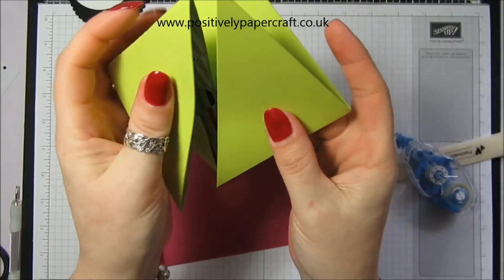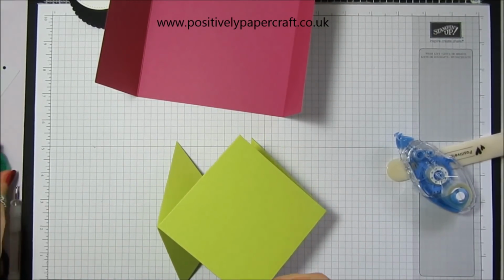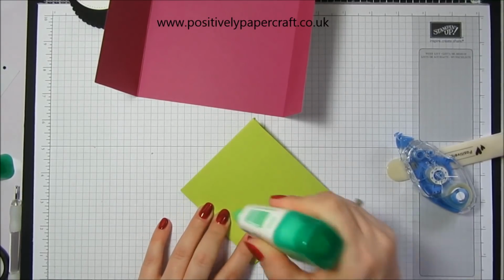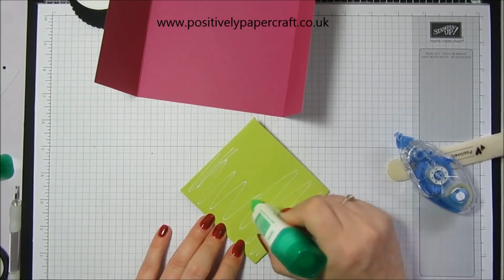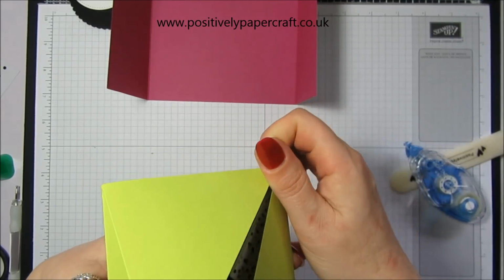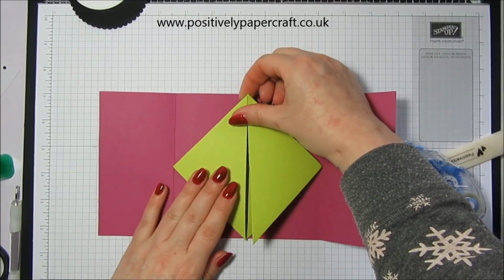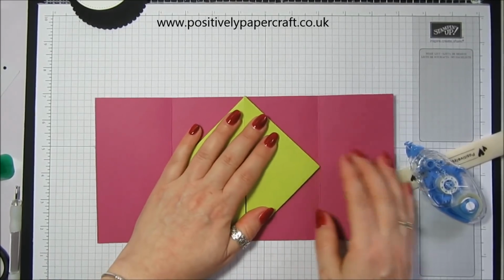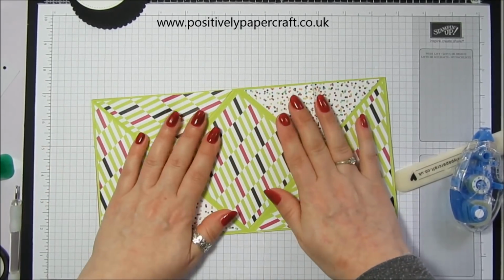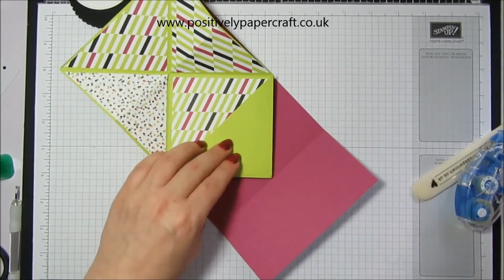Alright, so that's that. And then what we're going to do is on the back, we're going to put glue on here. And we're going to glue it into our card base. So you want some glue on here. Alright, and then we're going to just glue it into the middle of our card here. Okay, like that. And then if you just fold that in again and you want some glue on here,